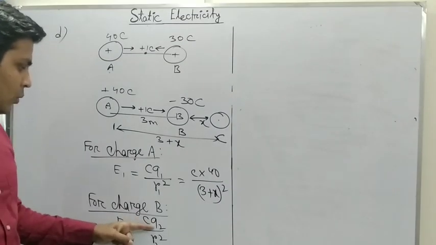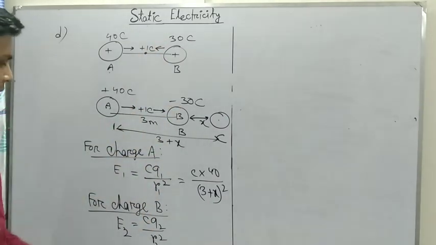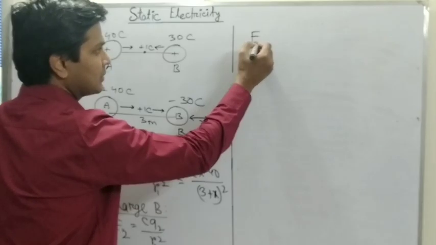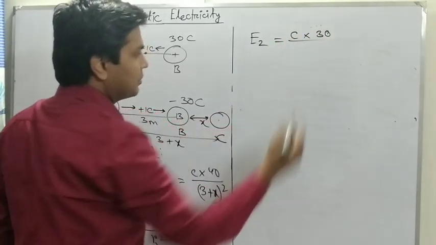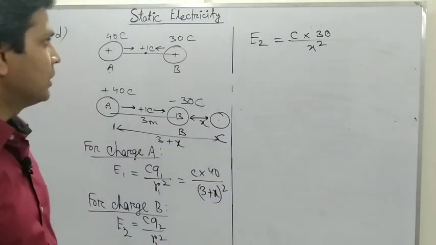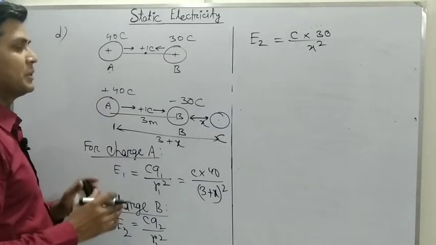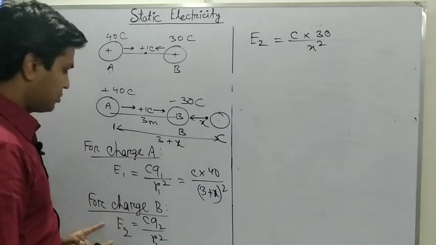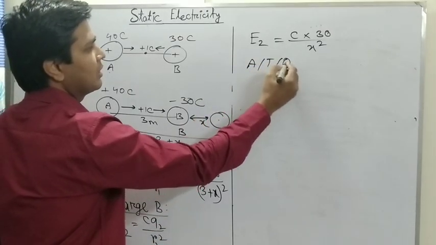Here Q2 is the second charge whose value is minus 30 coulomb, and R2 is x. If you put the value of Q2 and R2, then we can write C into 30 divided by x whole square. We do not use the minus sign because the minus sign only represents the direction of force. If we combine the two intensities, that means according to the question,